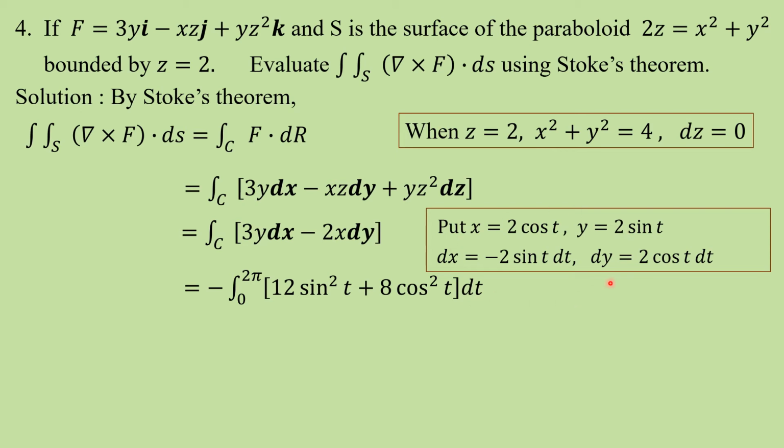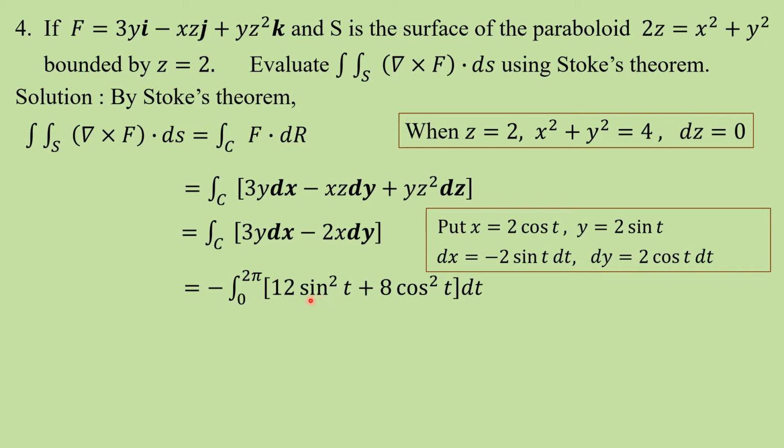Along the circle, the limit for t is nothing but 0 to 2 pi, full 360 degrees. So now the limit for t is 0 to 2 pi, which we need to integrate. I can do this by using the even nature of the function. Since both sin square t and cos square t are even in the interval 0 to 2 pi, I can check that f of 2 pi minus x is f of x itself.